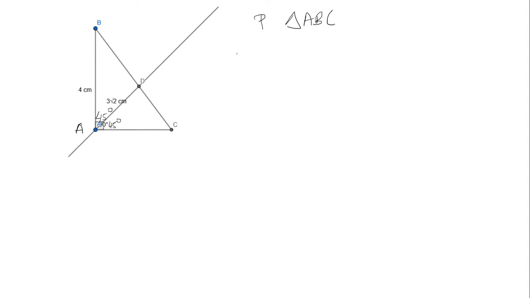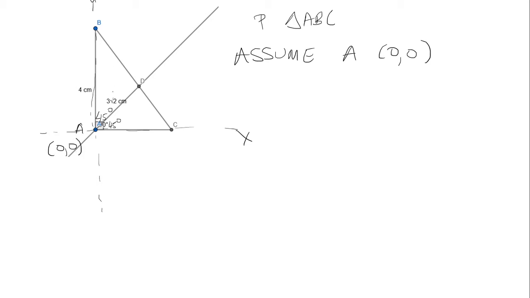So the first thing we're going to do is assume that A is on the origin, so 0, 0. So pretend that this is the x-axis and this is the y-axis. B then is 4 units above, so that would be 0, 4. Now let's look at D here. We're going to draw a perpendicular down to the x-axis,